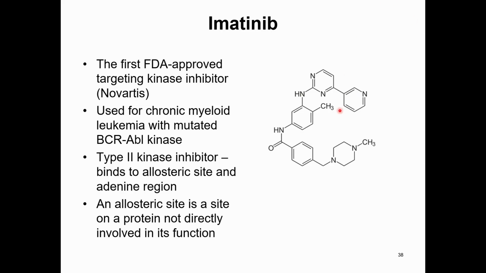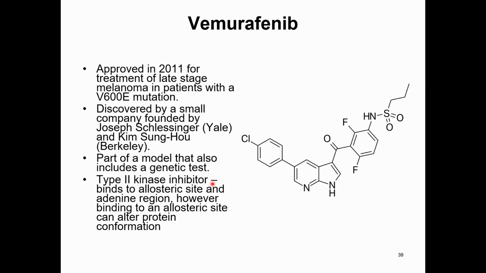So imatinib is interesting because it targets a protein, namely BCR-ABL, that's involved in cancer. But it's kind of an unusual case because BCR-ABL is an abnormal protein. It doesn't exist in somebody who doesn't have cancer. So this is a drug that targets a protein that's present only in people with this particular kind of leukemia. So very exquisite understanding of the biology, and the drug targets a mutant protein, in this case a kinase.